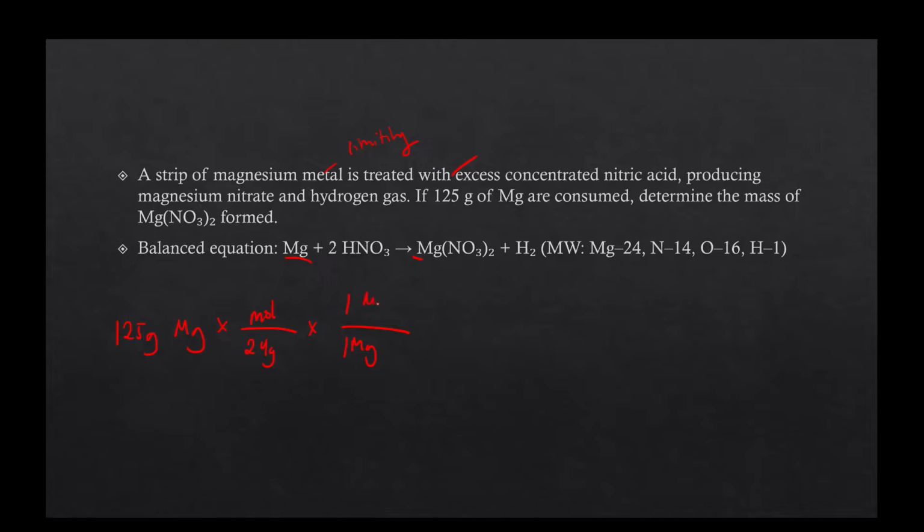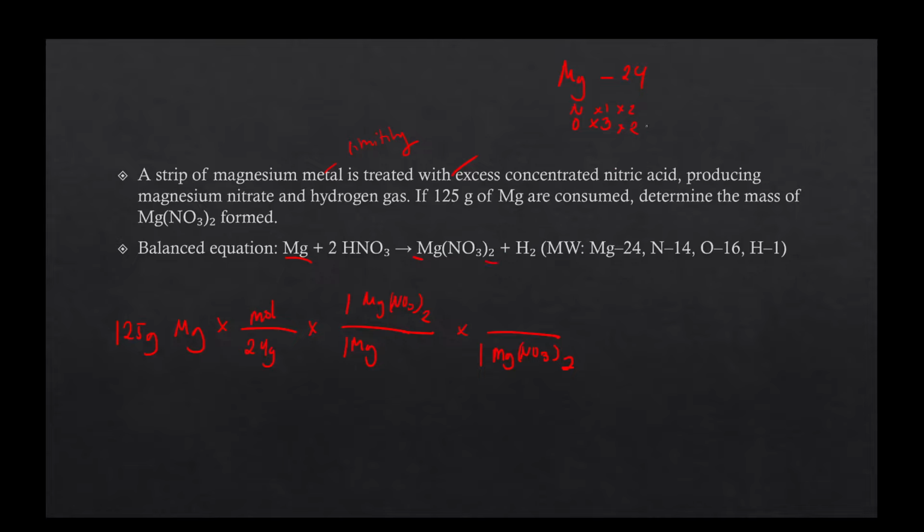So 1:1 magnesium nitrate times 1 mole of magnesium nitrate is how many grams? Okay, magnesium is 24, nitrate is NO3, okay, times 3 times 1, then times 2